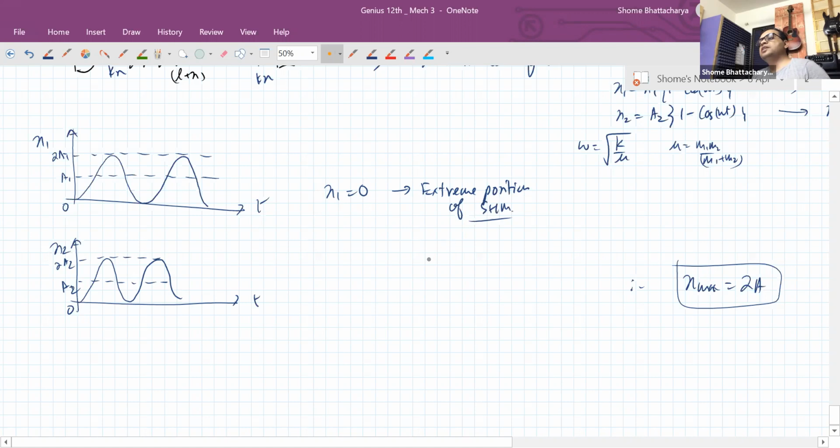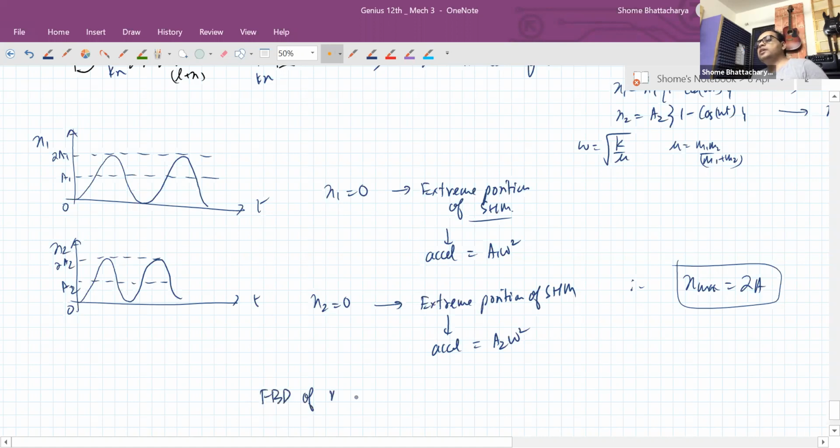At this point, the acceleration should be a1 omega square, and X2 equal to 0 is the extreme position of that one's SHM. So that's the shortcut trick. Whatever acceleration that block has, that should be equal to a2 into omega square. So if you look at the FBD of M1 and M2